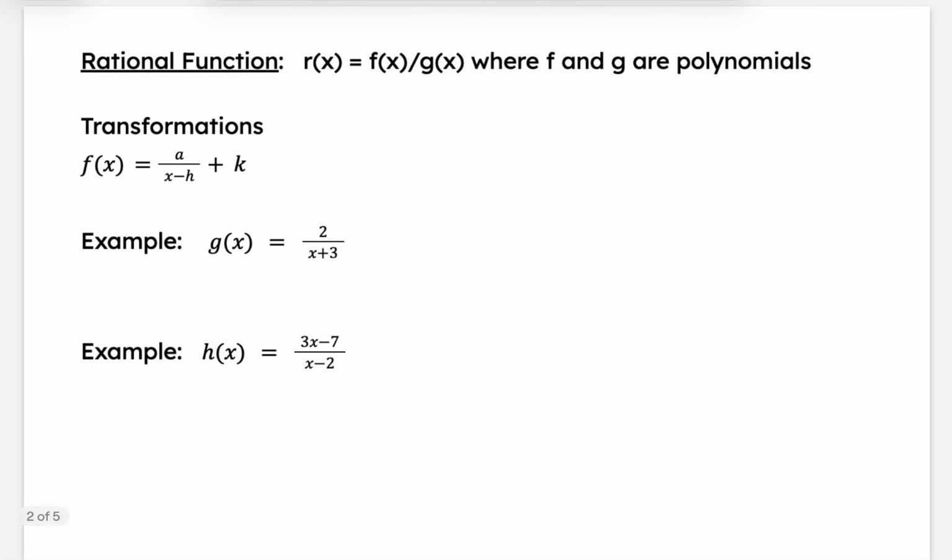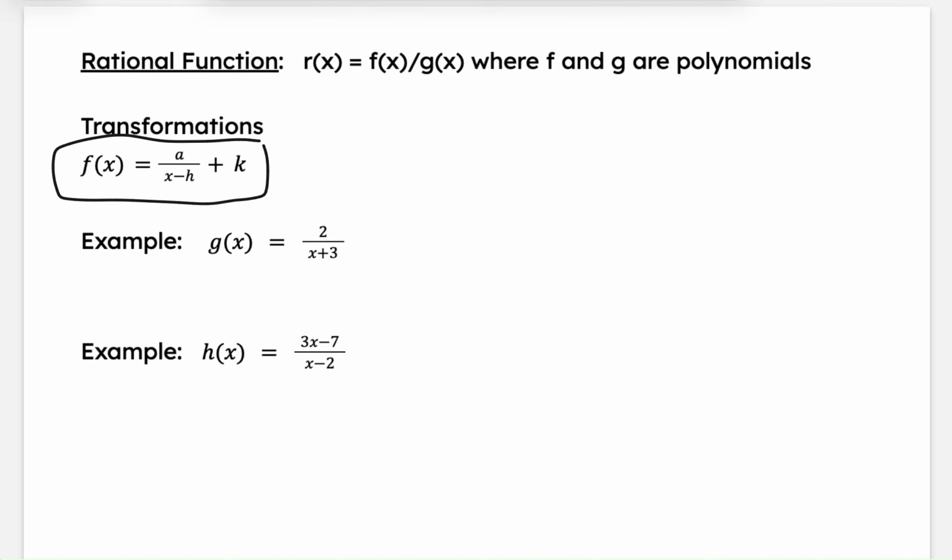So to start out with the definition of a rational function, r of x is equal to f of x over g of x, where f and g are polynomials. So basically anytime you have a polynomial in the numerator and a polynomial in the denominator, that makes a rational function. So to start with, we're going to talk about kind of the format of a rational function when we're